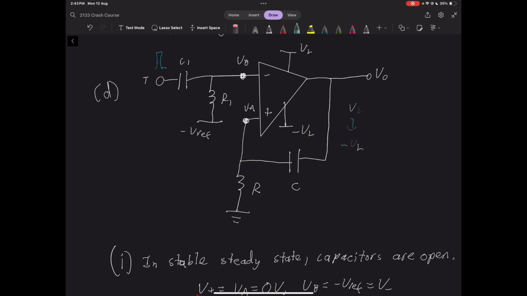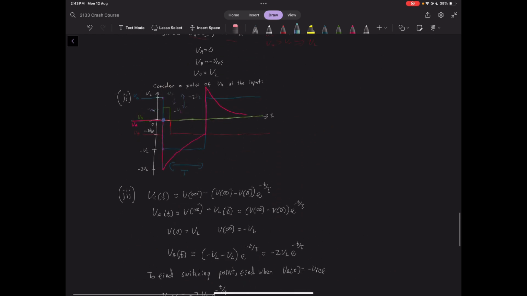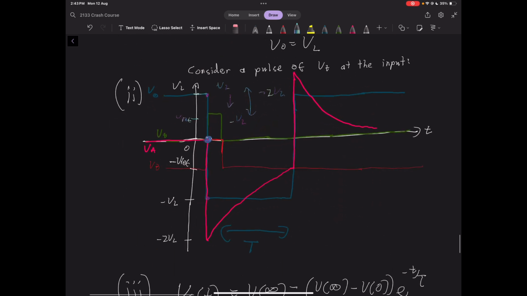So the voltage across this capacitor is going to drop by negative 2 VL. It's going to follow that, which means VA here, similarly, is going to have a negative 2 VL voltage drop down to here, and then it is going to decay like a normal capacitor until it reaches the value of VB, which again has gone back to V reference